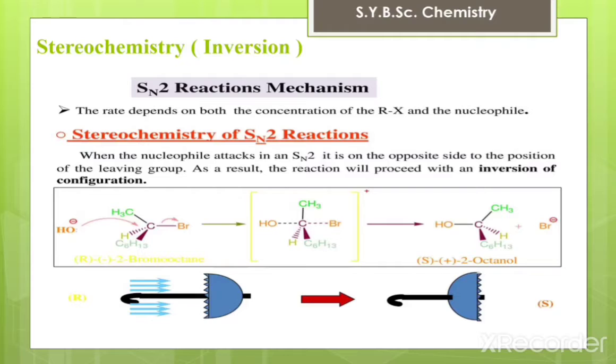The 3 substituents and the carbon atom are located for a short time in one plane, and when this transition state collapses to form the product, the 3 substituents flip to the opposite side of the newly formed C-OH bond. Then there is complete inversion of configuration at the carbon atom, and the SN2 mechanism is casually referred to as the umbrella mechanism. I have mentioned here it is like an umbrella mechanism.